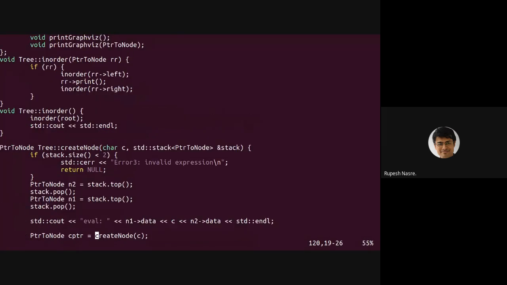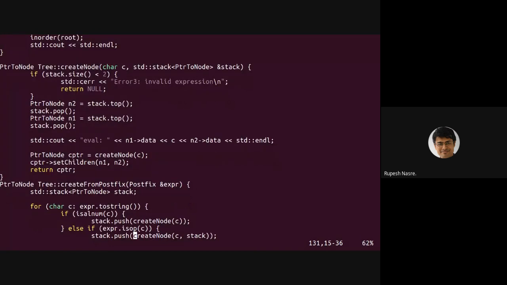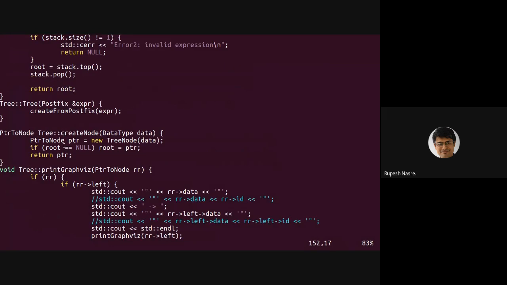So this is the second one. Yeah. So this create node is a simple one. What it does is, given a data item to be put inside a tree node, it just creates a new tree node with that data item. And that pointer it is going to return. So that is the job of this simple create node.